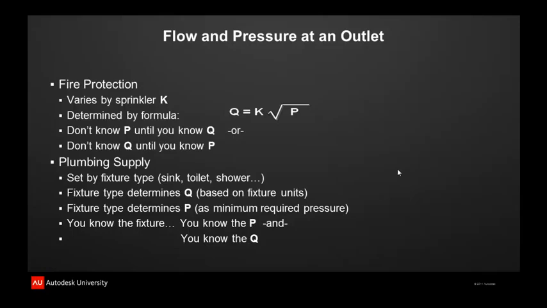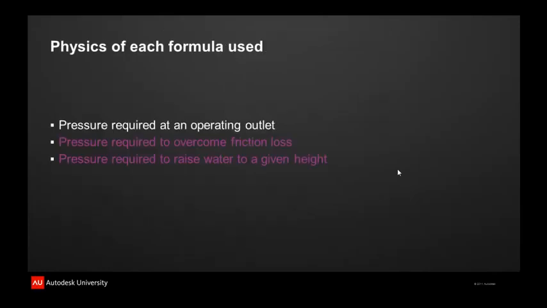So a sink would have a fixed number of fixture units, which converts ultimately into a flow, and a required minimum pressure, similar for a toilet or a shower or any other fixture. Therefore, if you know the fixture, then you automatically, by the standard that you're making use of, know the pressure and you know the flow. That's a key difference between fire protection calculations and plumbing calculations. I think we'll use that to close out our discussion of the pressure required at an operating outlet and move